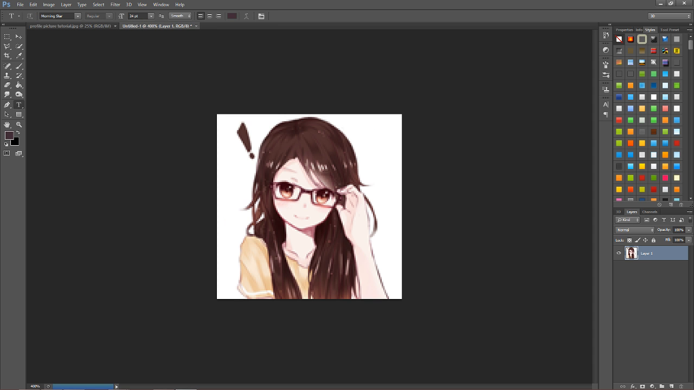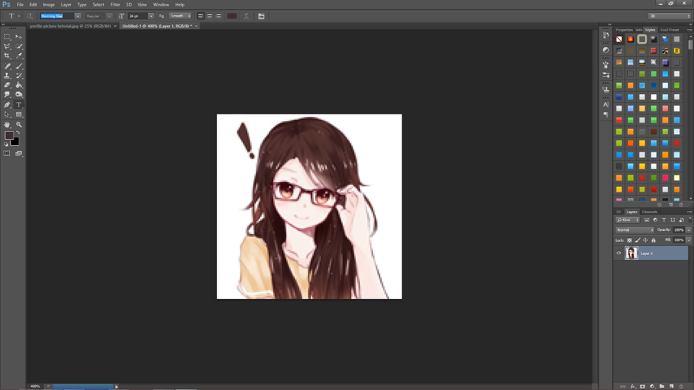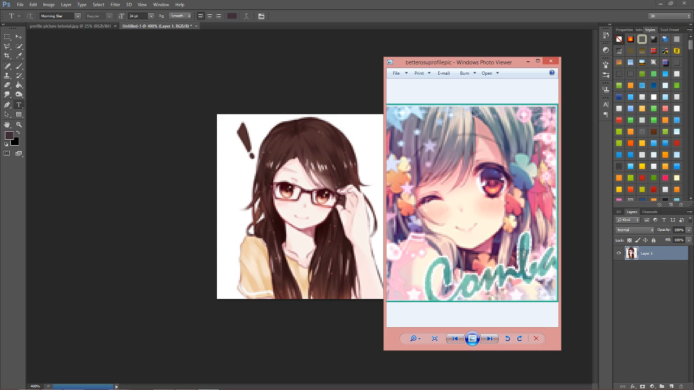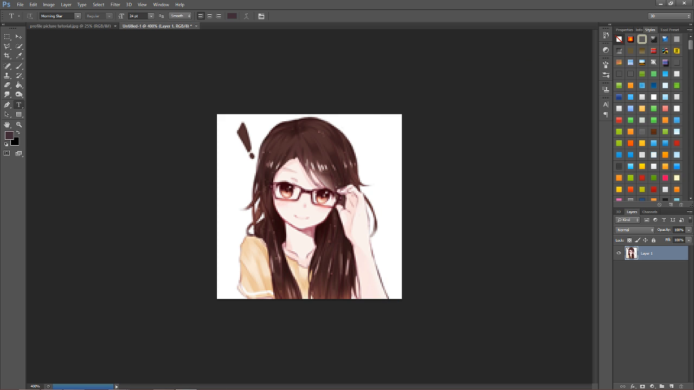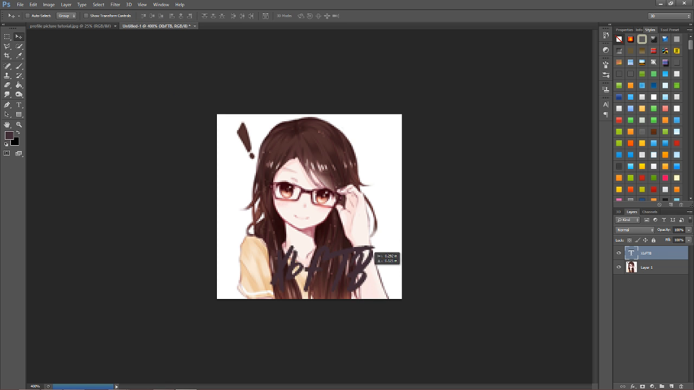Then you want to use your text tool, find a nice font. Morningstar is the one Kikizi uses on all of his stuff, like this one. So let's go ahead, type your name out. Say something like this. 24 point usually works fairly well for this. So right now, it doesn't look great. That's because